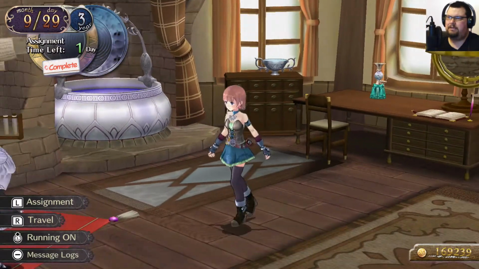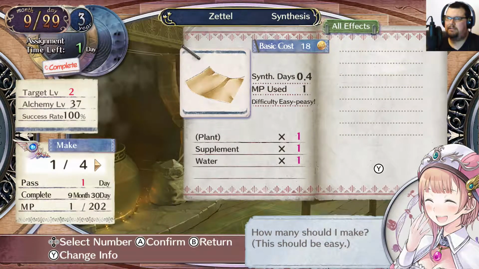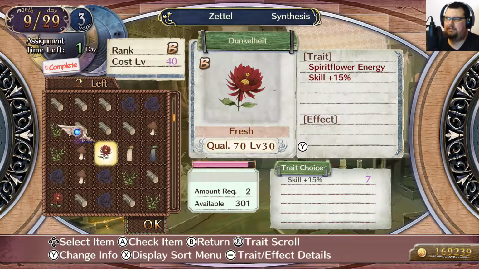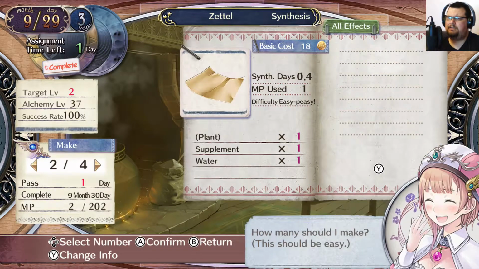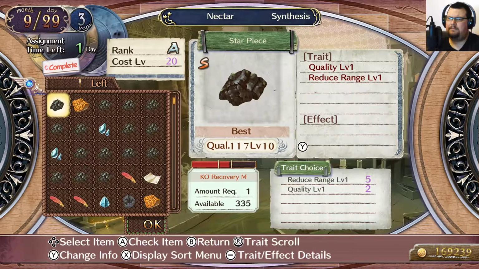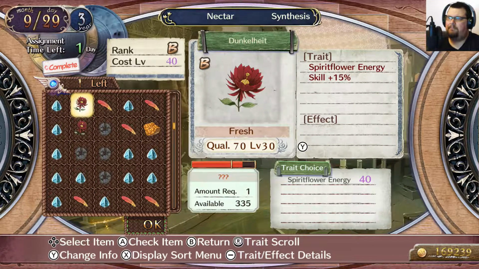So let's see if we can make another Zettel using the Dunkel height, which we should be able to. Where is it? There it is. Oh, you can't pass Spirit Flare energy onto that. How do you pass that on then? What other ingredients could you put the Dunkel height in? Could you put it in the nectar? You can put it in the nectar. You can put it straight in the nectar. Okay, so...